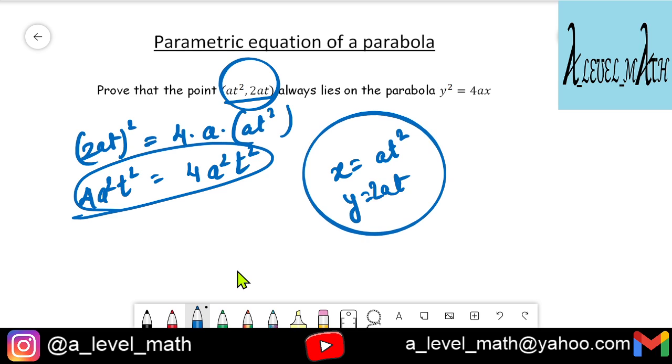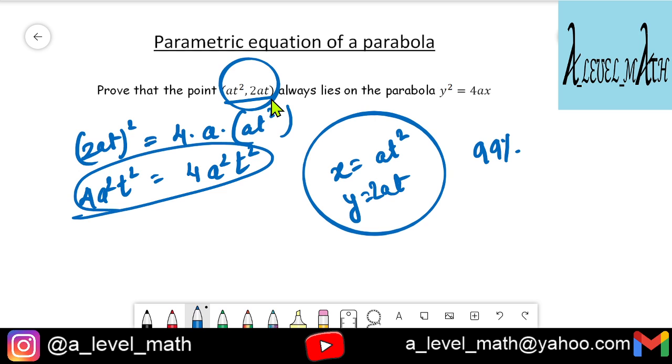This is the parametric equation of a parabola. Remember that in many questions you will be required to use this fact. In many questions in the examination as well as in your textbooks, you will be asked to find certain points on the parabola. In those kinds of questions, 99% of the times you take the points to be of this format,